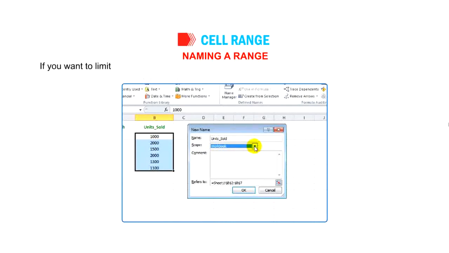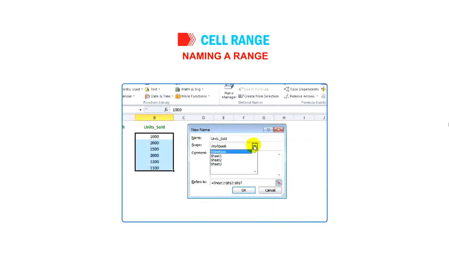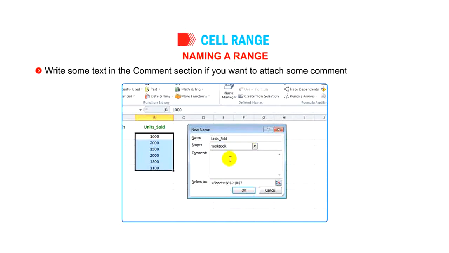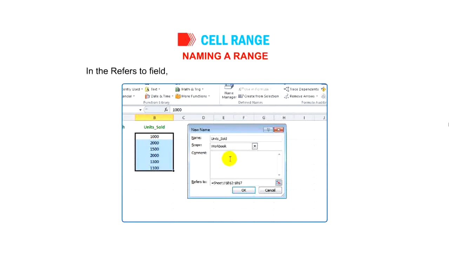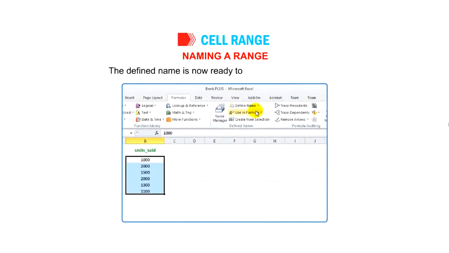If you want to limit the scope of the name to a particular worksheet only, then select the name of that worksheet. Write some text in the Comment section if you want to attach some comment with this name. In the Refers to field, make sure that the required range is specified. Click on the OK button. The defined name is now ready to be used in the formulas.